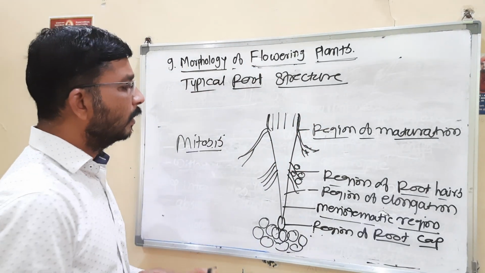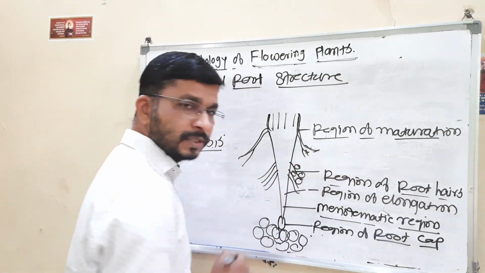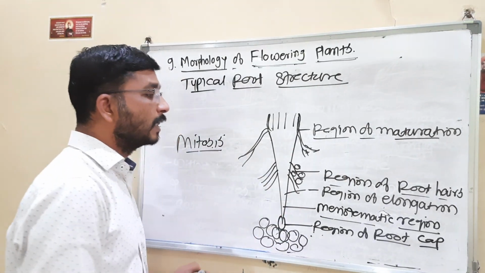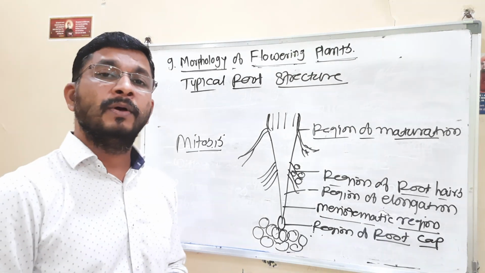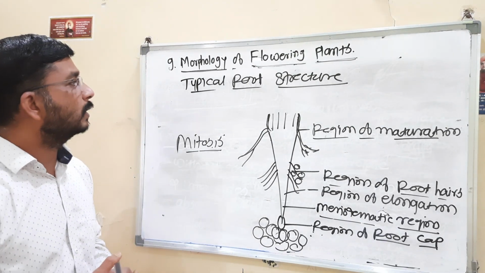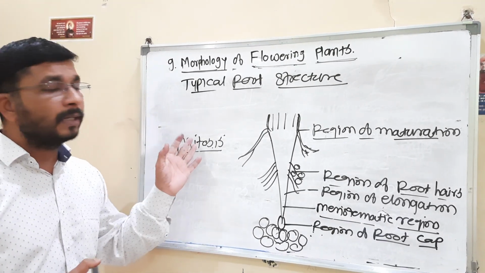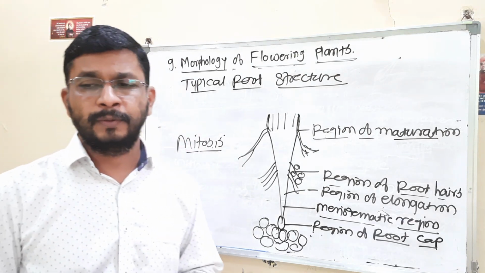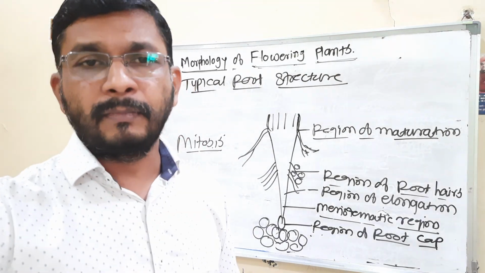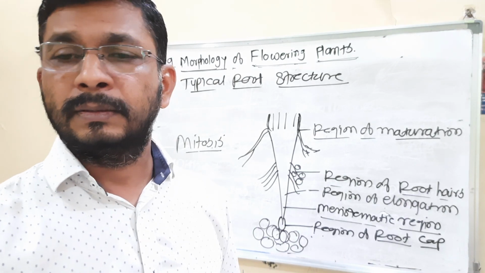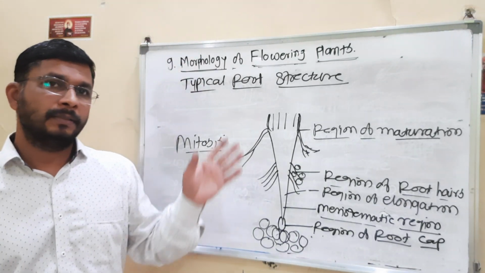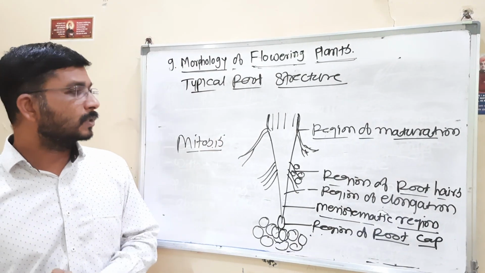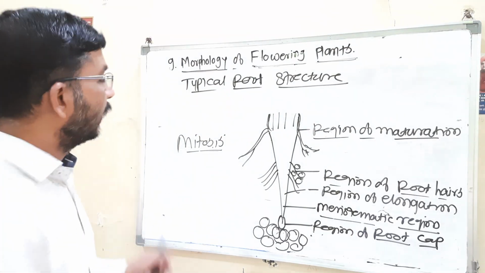Here we find the primary root system, then the secondary root system, and the tertiary root system also. This is all about the typical structure of the root. Then next is